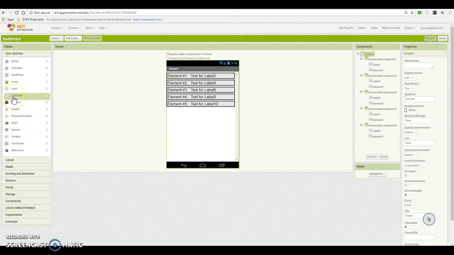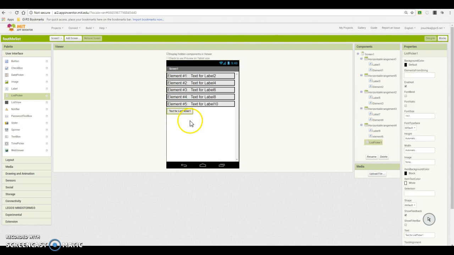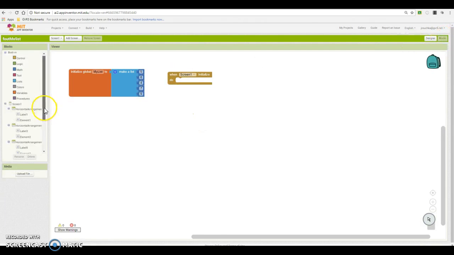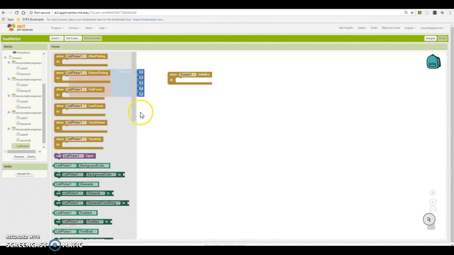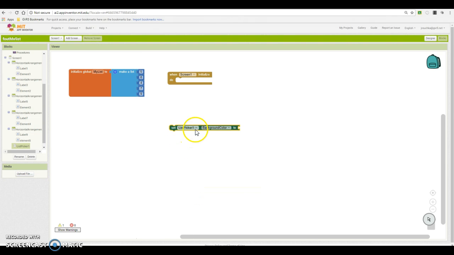And I'm going to get a list picker, drag over here and drop it. Go back to blocks. And I'm going to click on list picker, get its options. And I'm going to first off grab the set list picker and change it from background to elements. So list picker elements, I'm going to put up here in my